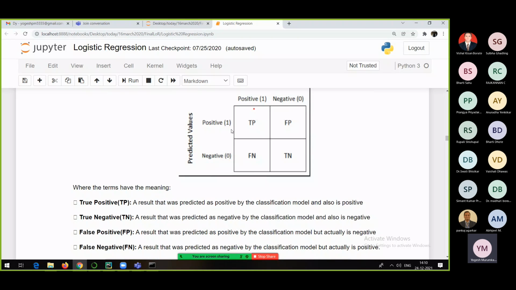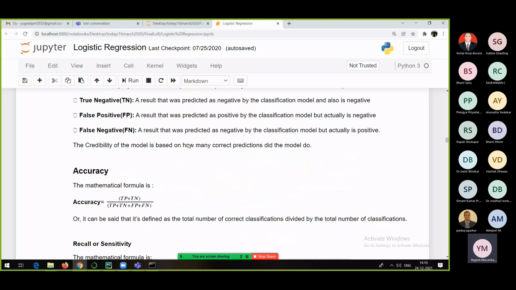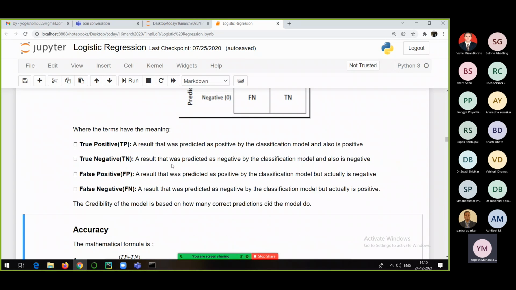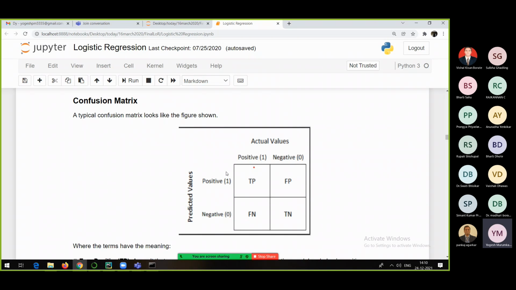So this particular thing we have seen already. And why is the confusion matrix important? Because everything, whether it's accuracy, precision, recall, F1 score, ROC score, whatever it may be, is based on the confusion matrix only. You can even check that with the help of the formulas which are present. Accuracy requires true positive, true negative, false positive, and false negative. All these values you will be getting from the confusion matrix. If you do not have the confusion matrix, you cannot find out the accuracy, or the precision or the recall.